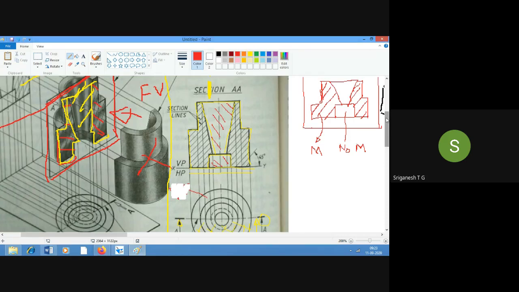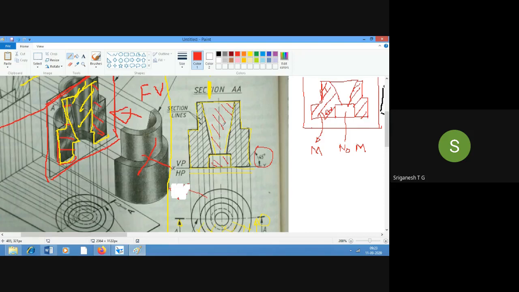Is that clear? Yes, sir. And this hatching will be equally spaced, almost drawn as parallel lines at an angle of 45 degrees. The distance between these hatched lines, you can maintain a medium distance, not too close or not too far.